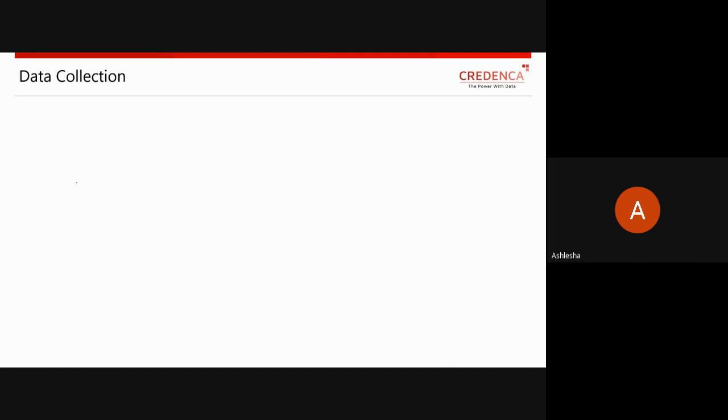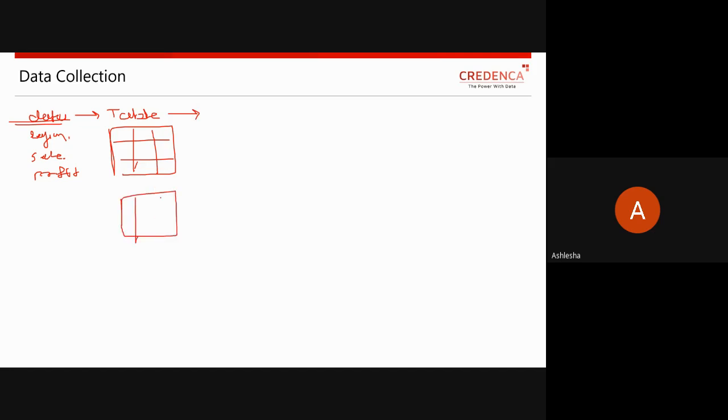Let me give you an idea about the data. Suppose this is your data, in which you are maintaining some category, region, sales value, profit value, anything. If you want to store that data, suppose you are storing it in the form of a table, which is a combination of rows and columns. Now there will be multiple tables.